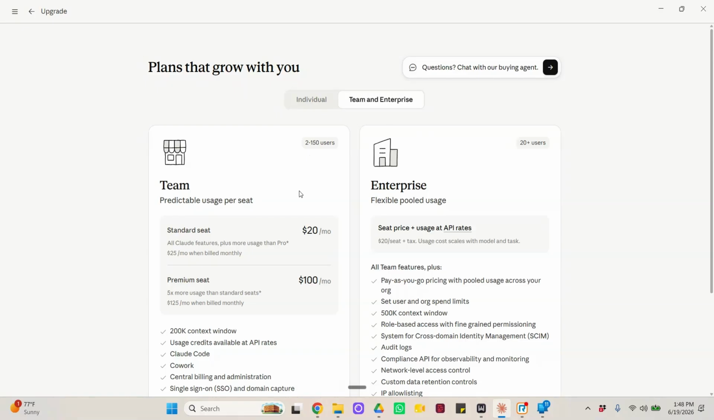For most small and mid-sized businesses, the Teams account is what you're going to be looking for, most likely at the premium seat level. If you have any intention to use Claude Cowork for any quantity of automations, my guess is you're going to burn through the standard seat pricing and tokens pretty quickly. So while you don't have to start with it, you're probably going to be upgrading to a premium seat along the way. Now, as you can see up here at the time of this recording, Claude Teams is for 2